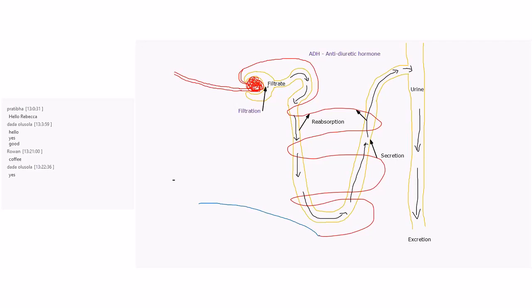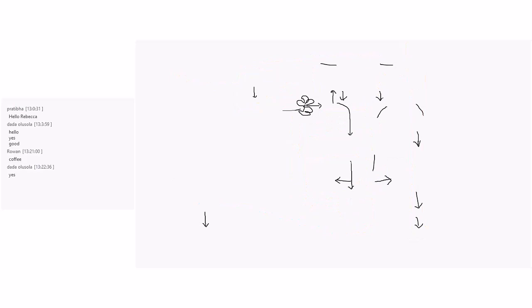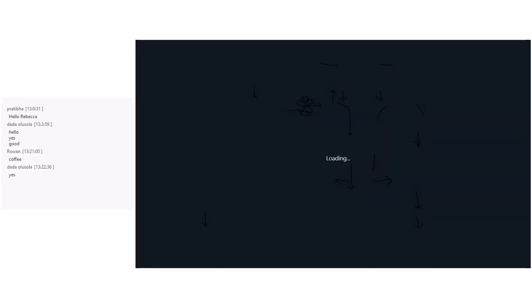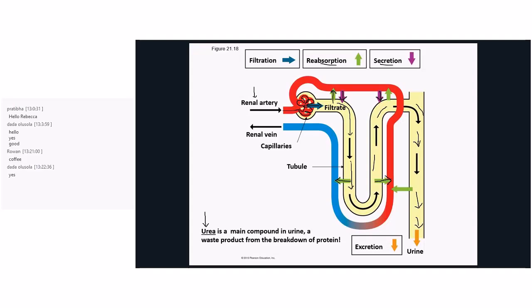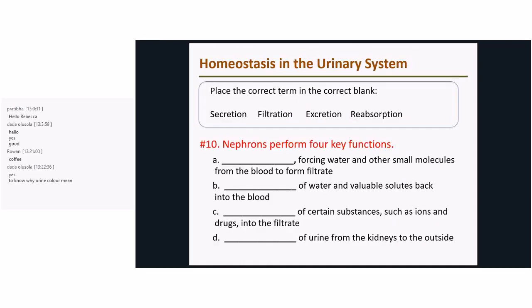Okay, I'm going to go back to our PowerPoint. So here's an example of a question. So nephrons perform 4 key functions. So those are the 4 we just talked about. So A here,